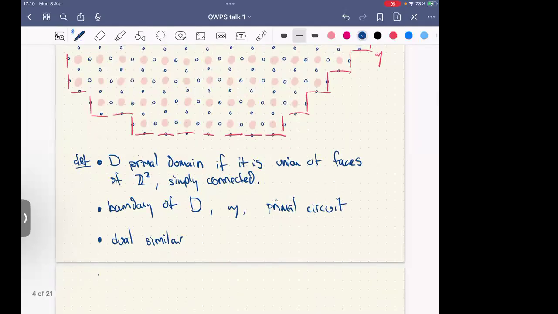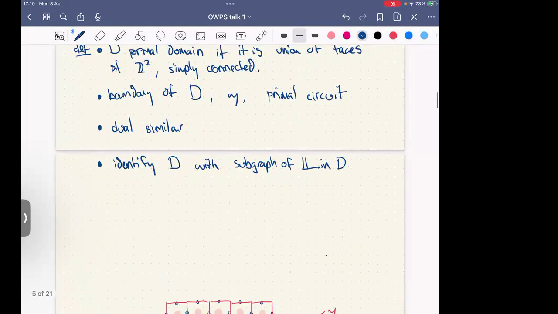And we will identify just D with the subgraph of L. Just to be very precise there. Okay. So now I'm going to define a specific kind of boundary conditions. Above we had very general. So if D is a primal domain,